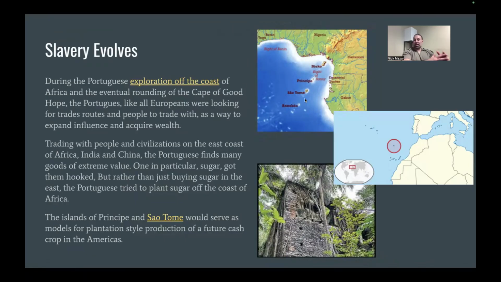And the reason I want you to think about why it might have stopped there is because when the Portuguese made it over to parts of the Middle East, parts of India, and parts of China, they saw that there was production of sugar. Now, sugar was not unknown to Europeans prior to the Portuguese circumnavigation around the Cape of Good Hope. Sugar was very much a crop that was present during the Middle Ages.